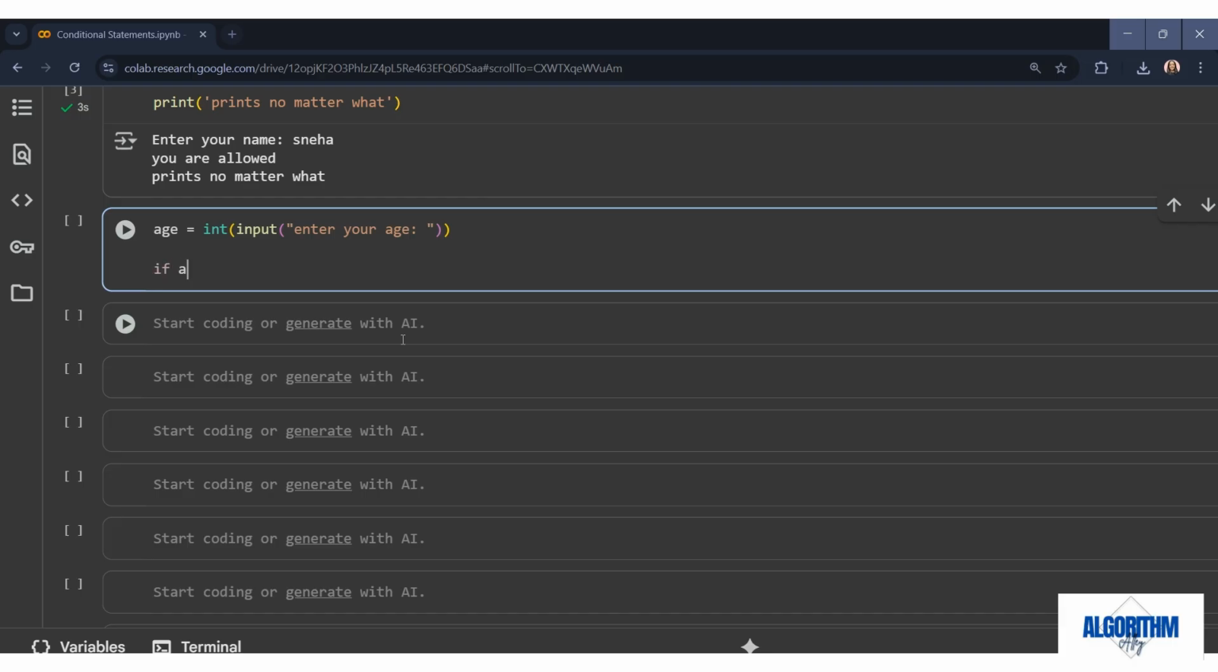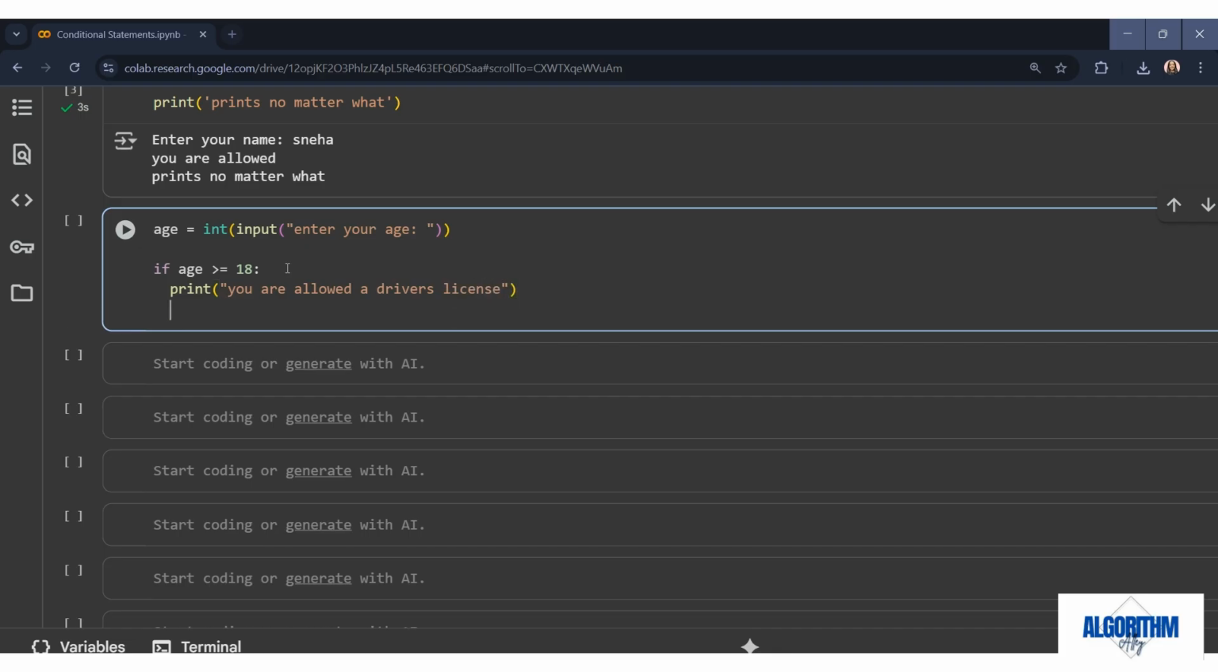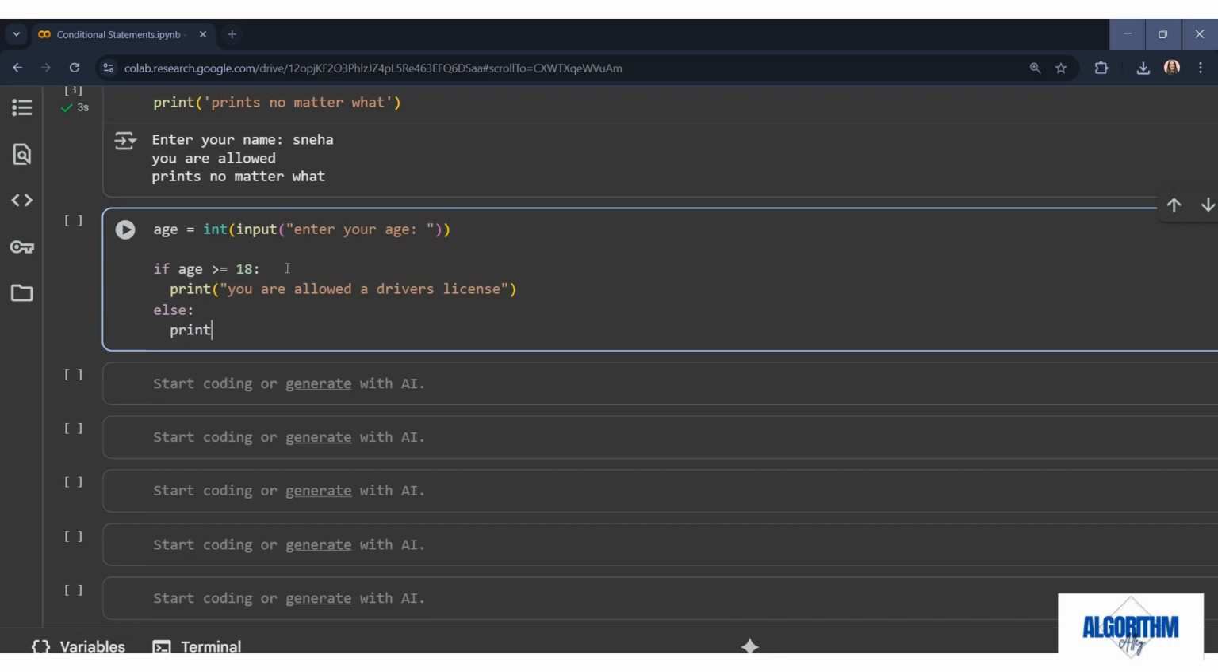So we'll say if age is more than or equals to 18, right? We can also use these kinds of operators where we are checking if the age is greater than or equals to 18. Then press enter and print that you are allowed a driver's license, right? Else print, we'll just say you are too young to have a driver's license,